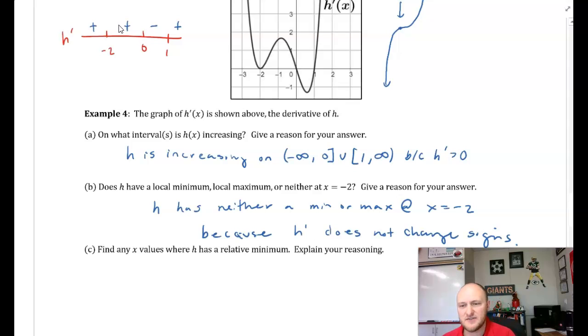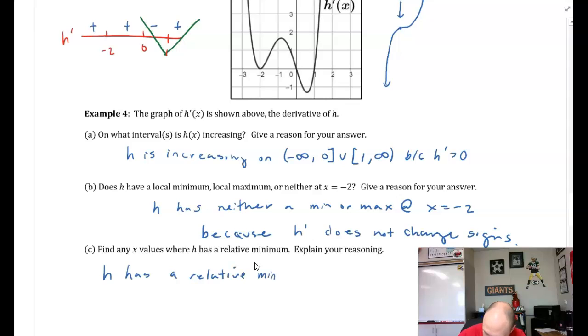C. Find any x values where h has a relative minimum. Okay, well, if I'm thinking about a minimum, that goes from decreasing to increasing. So from decreasing to increasing. Okay, so it looks like at x equals 1. So we can say here h has a relative minimum at x equals 1